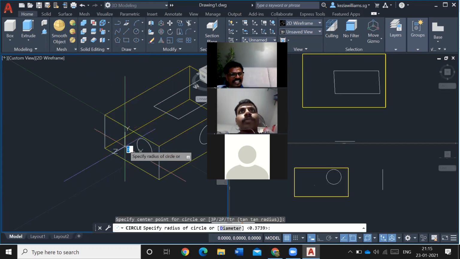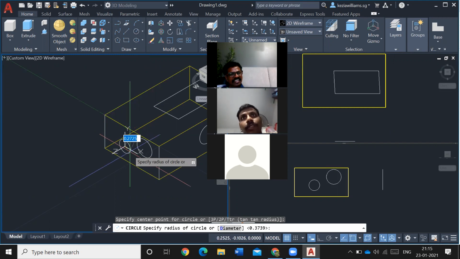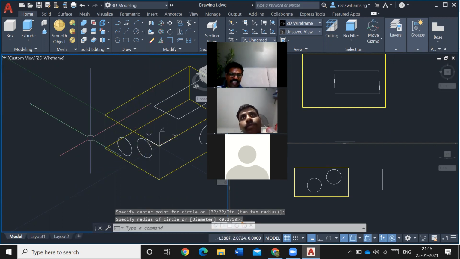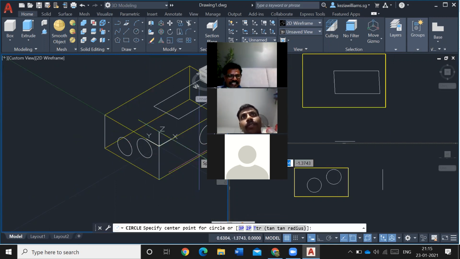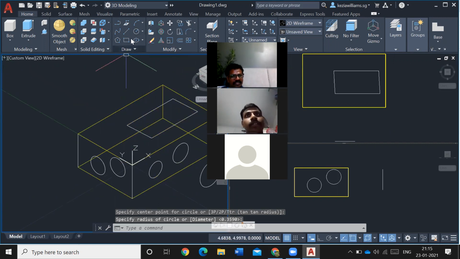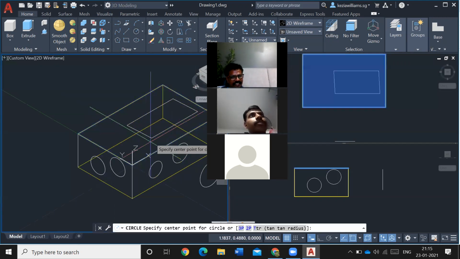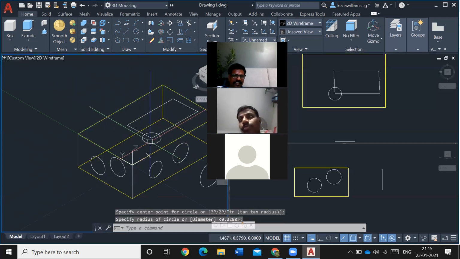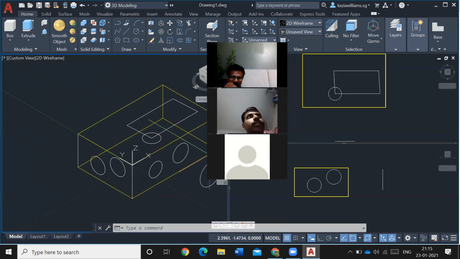You see my UCS become XY here. Can you see the X and Y here? Good. Now I can draw here. I can draw anywhere, even here. See? I make a circle here. When I bring the cursor here, it's already highlighted. See this blue color highlighting? I can draw anywhere. I can also draw on top. Okay, good. So now we know how to move the UCS already.